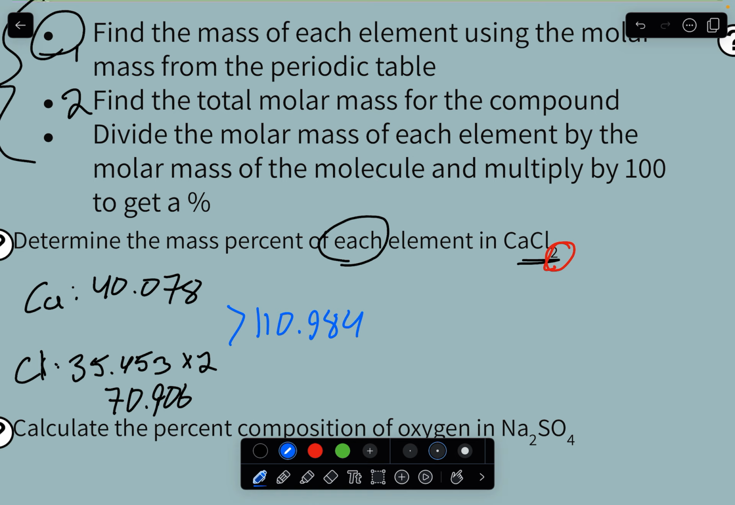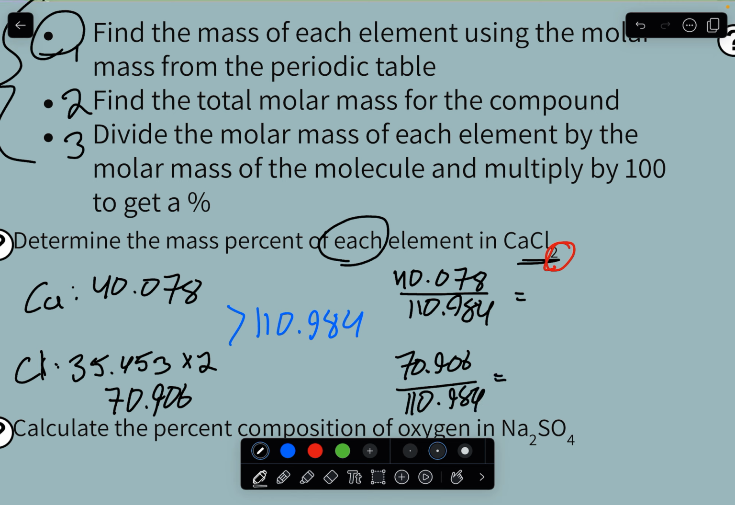All right. Our third step, we said we're going to divide the molar mass of the element by the molar mass of the compound. So we're going to do the black number divided by the blue number for each of them. So for calcium, we're going to do 40.078 divided by 110.984. For chlorine, we do 70.906 divided by 110.984. The mass of the compound, the number on the bottom, is the same for both of them. The mass of the element depends on the element you're looking at, which part of the compound, calcium or chlorine. If we do this division, for calcium, we get